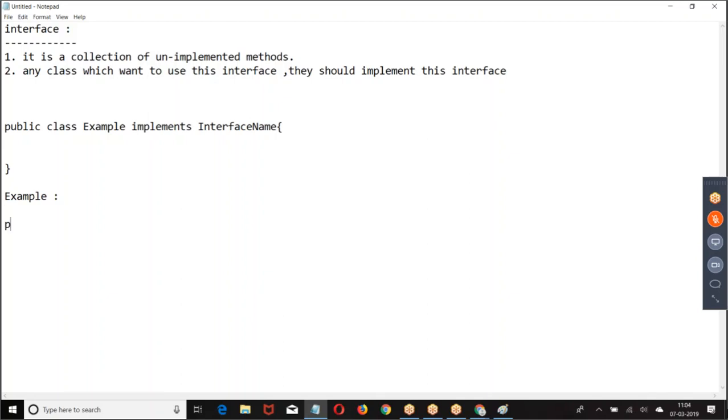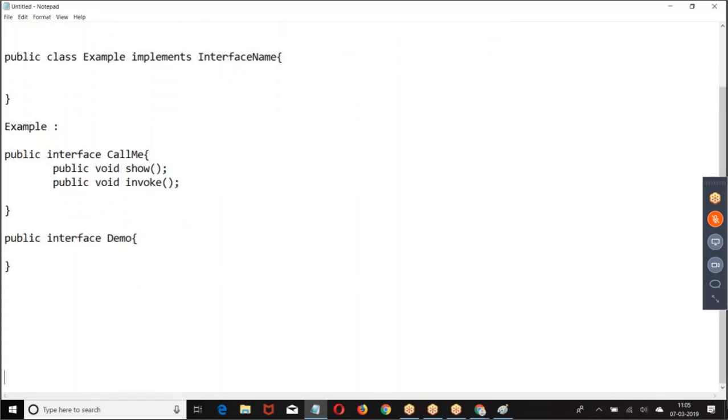Let us say I have an interface here, public void invoke, and like this we have.